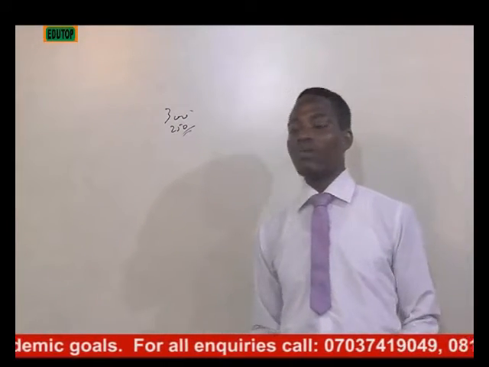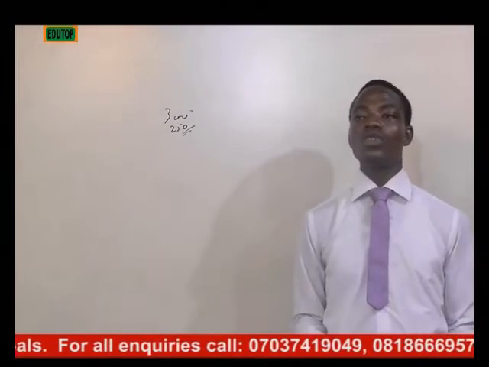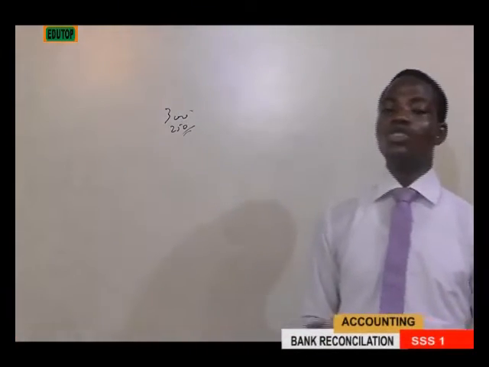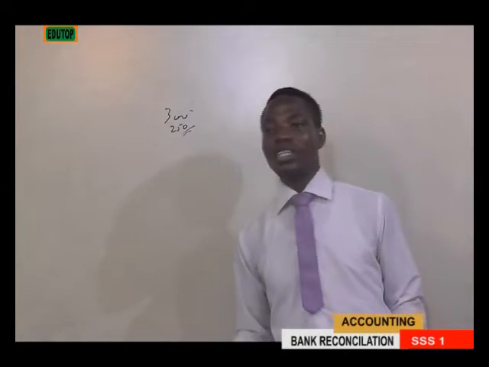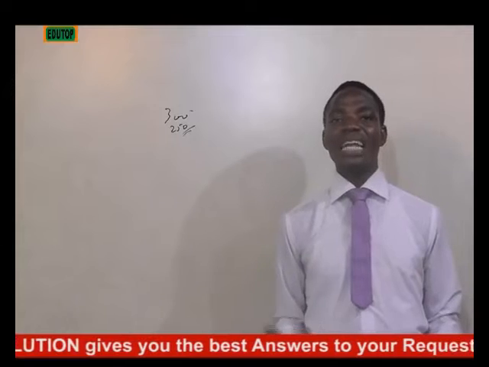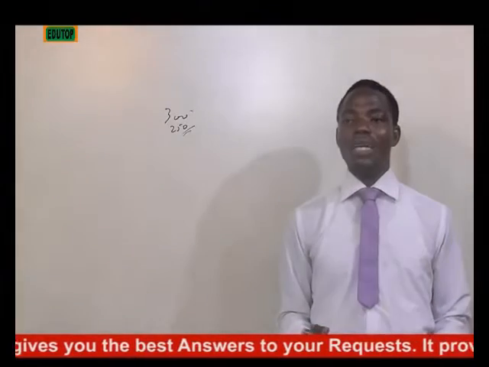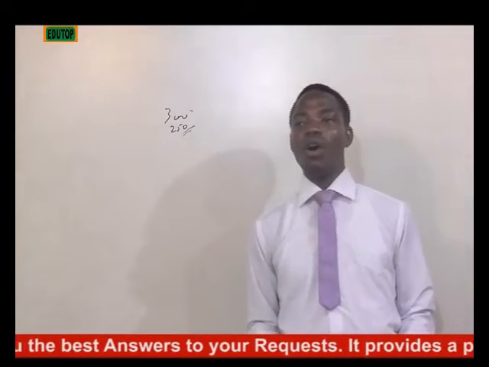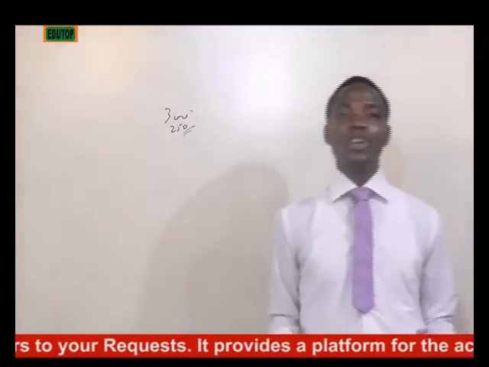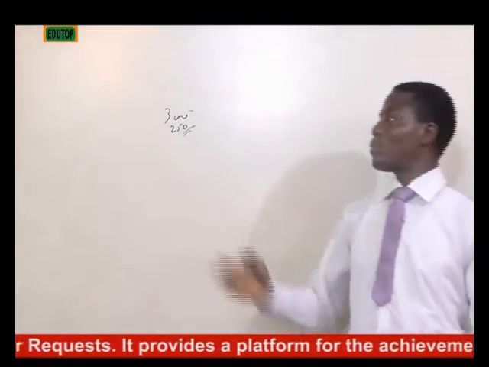Now, before we go to the calculation, before we go to the illustration, let us go into the terminologies used in bank reconciliation statement. What are the pieces of information that are likely to occur that can bring a kind of error or discrepancy between your cash book and your bank statement? Number one, we'll be talking about